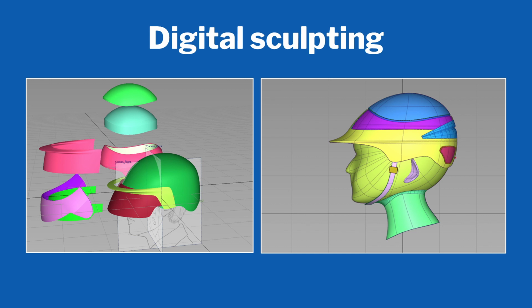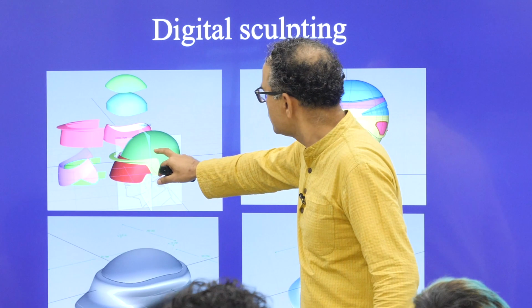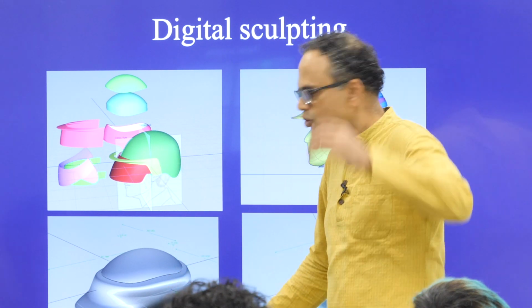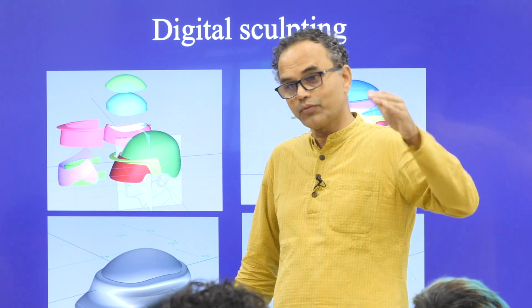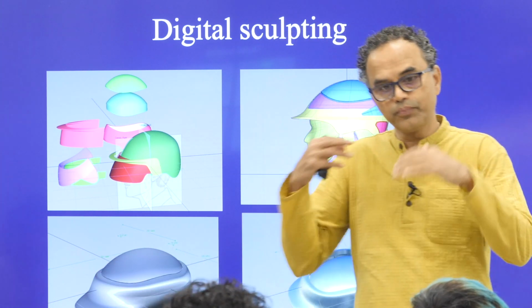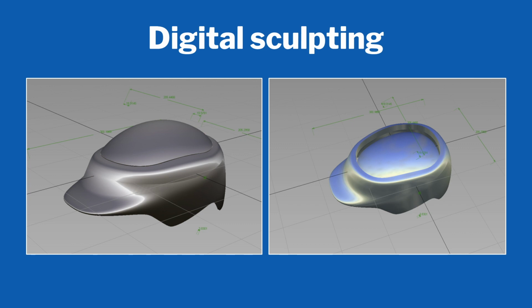Now the very important aspects start happening. Remember, when you see this helmet worn on a head, you won't see the break because it's in the top, right? So we had to take this cut inside. It is no longer outside. Remember the earlier helmet, the cut was outside. You can see it. Now the cut is inside. So user perception was also a very, very important aspect for us.